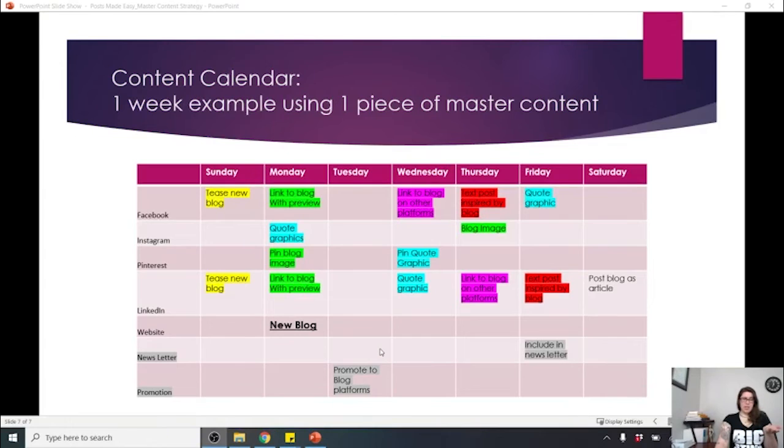So on Tuesday, it doesn't really matter what days you post on. Just for the sake of this, I tried to space it out so it was mostly during the week, so that way you didn't have to worry so much on the weekend if you want to use that time for writing. This is again just all theoretical. But on Tuesdays, I took a quick little break because you were heavy on promoting people reading your blog. So you can push that again on the second day if you really want to, but we want to keep it simple. On Tuesdays, it would be great if you reached out to other platforms.